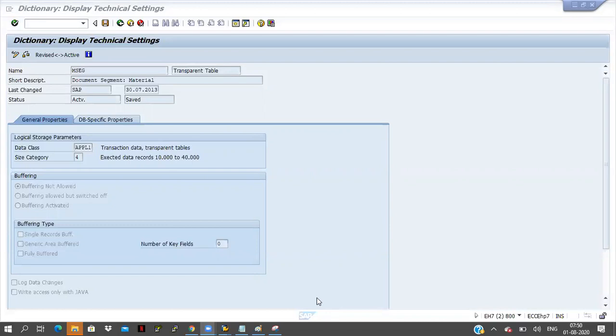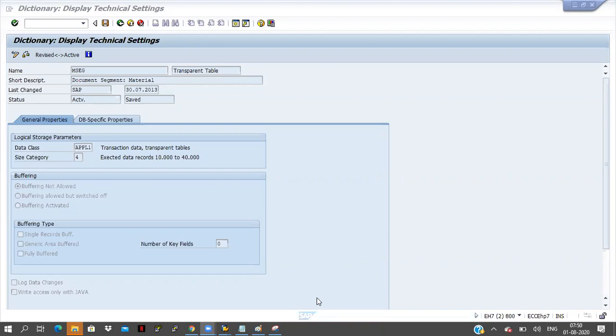What is the enhancement category? While creating the table, it will show some warnings for the enhancement category. So we have to select some options, right? Four radio buttons will come.